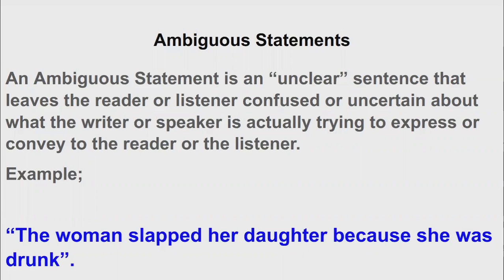Okay, because in my understanding, according to the punctuation, you're not sure whether the woman slapped her daughter because she was drunk. Who was drunk? The woman or her daughter? Good observation, John. Even though a lot of persons reading this sentence assume it is clear, the sentence does not say who was drunk. Was it the mother who was drunk when she slapped her daughter? Or was it the daughter who was drunk that caused the mother to slap her? Are you seeing that angle now, other participants?